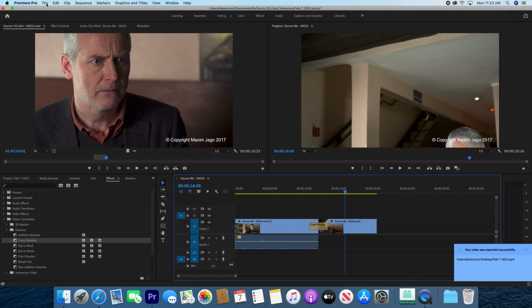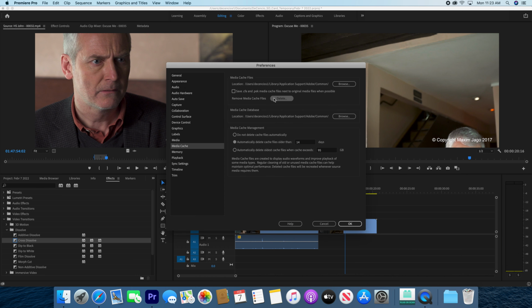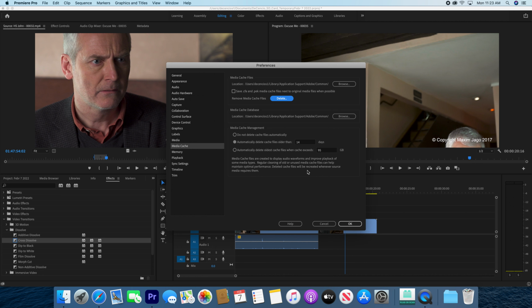And now once your project is saved, the last thing you want to do is go to Preferences, Media Cache, and you just want to delete the media cache files that you see here. You don't have to do this, but the reason you want to is that the cache takes up space, continual space, as you work on bigger and bigger projects. So if it's going kind of slow and running out of storage, hitting that delete button's a good button to hit. But other than that,